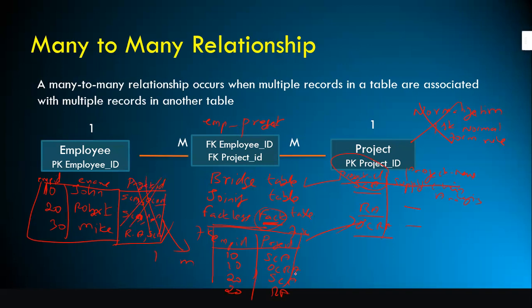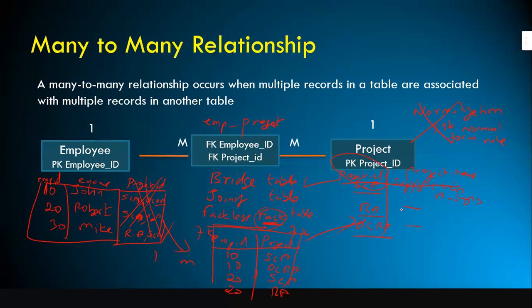Fine. So this is called your bridge table. With this, see here you have a one-to-many, and here also a one-to-many relationship. With two one-to-many tables, you can store many-to-many relationship related data. In the interview, they will ask you first of all, what is a many-to-many relationship? That means multiple records in a table are related with multiple records in another table. In real life scenarios, most of the time we come up with these kinds of situations. In those situations, we store the data in a bridge table.